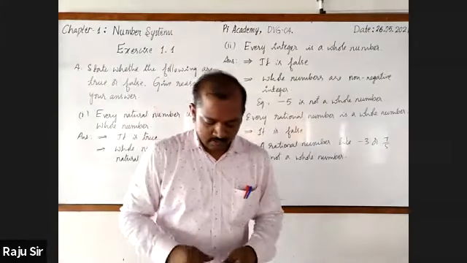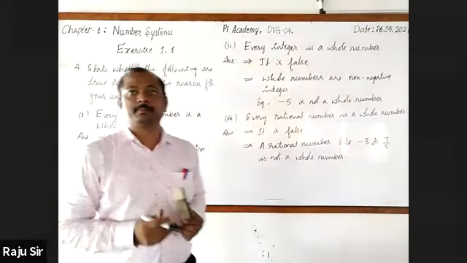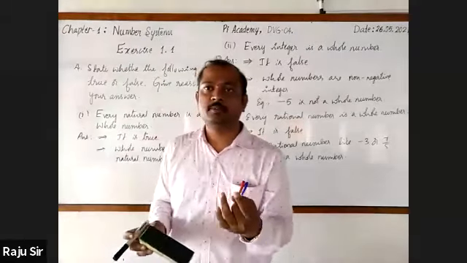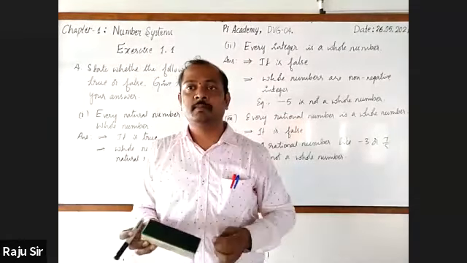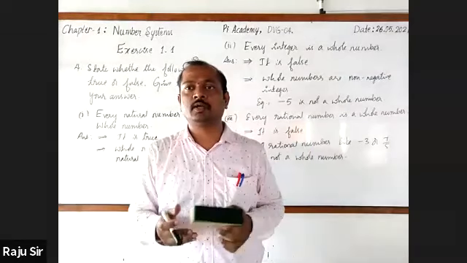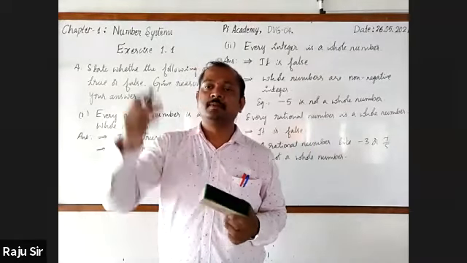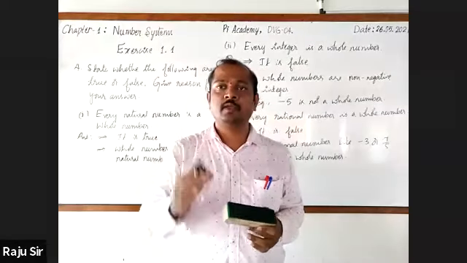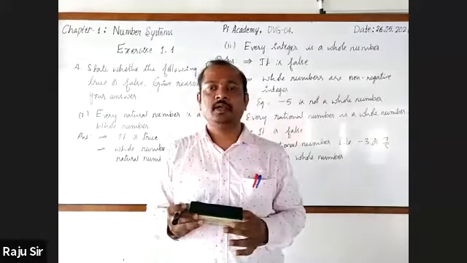Okay. That exercise has been completed. Now we are moving to get a bit of information about irrational numbers. We have already come to know what irrationals are: the numbers which cannot be expressed in the form of p by q, where p and q are integers and q is not equal to 0. You may stop writing and observe here.